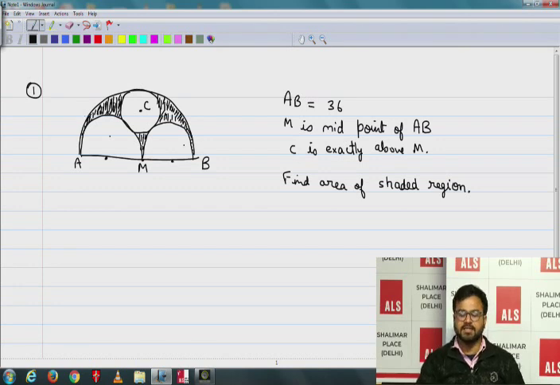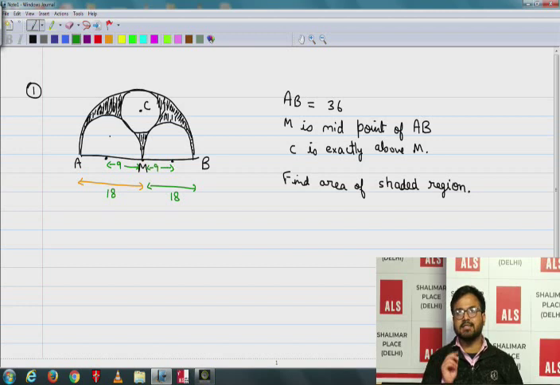Okay. See, the main point over here is that AB is 36, M is the midpoint. So if M is the midpoint, then you can say that this length AM is 18, and this is also 18. So basically the diameter for that smaller semicircle is 18 and the radius is 9, and this will also be 9. Now since it is also given that C lies exactly above M, suppose